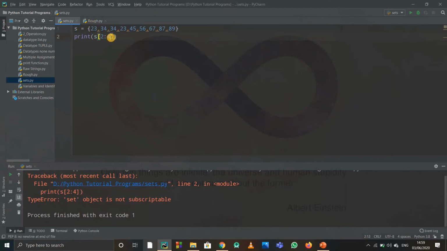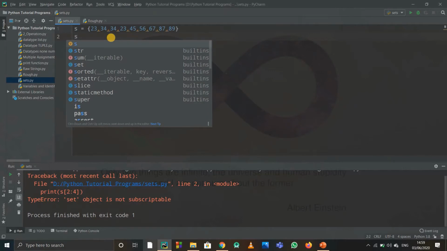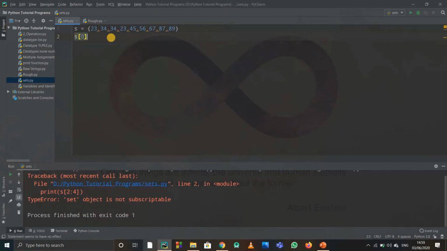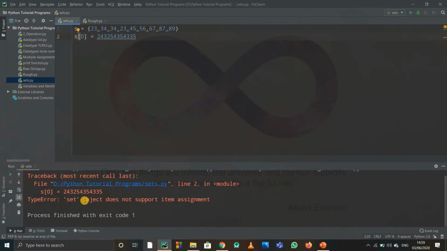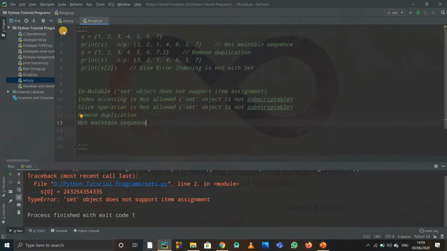And after that, mutability. Same goes for mutability as well. Mutability means I can change the elements. So if I want to change an element, as we saw in list and tuple, I have to write s of 0. Suppose the 0th element is the one I have to change, and I assign a new number to it, and if I run this code now, it again gives me an error. See why? Set does not support item assignment. That is, it is immutable. We can't change the elements. Why? Again this index. We can't use index access, so how can we assign any particular element to that index? That's all. We saw all the points.